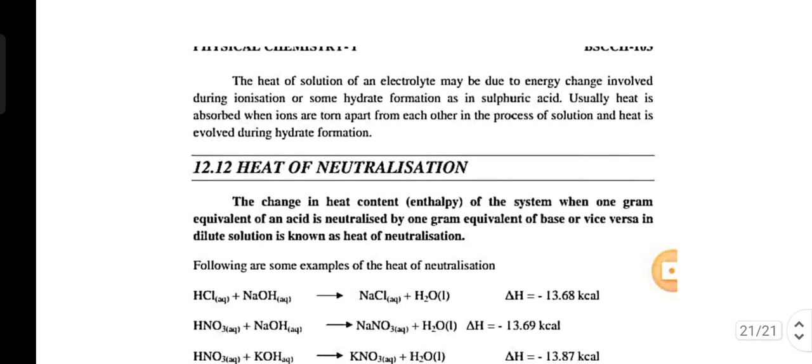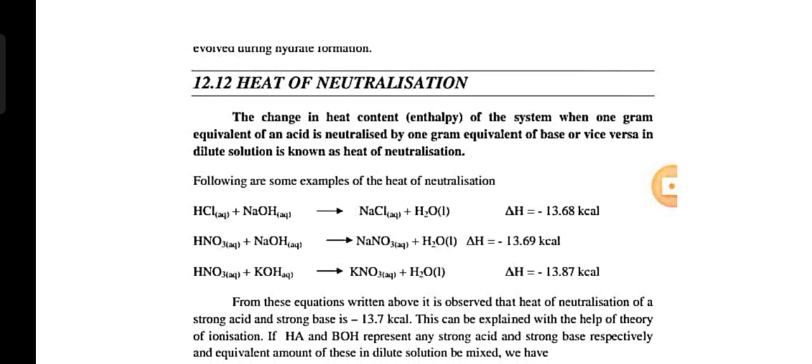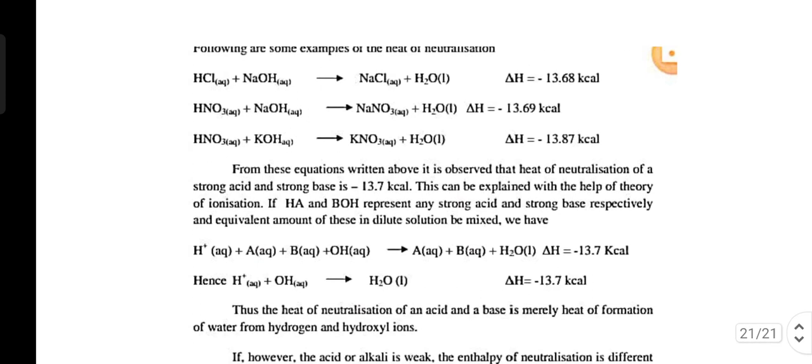Heat of neutralization. The change in heat content of a system when 1 gram equivalent of an acid is neutralized by 1 gram equivalent of a base, or vice versa, in a dilute solution is known as heat of neutralization. Following are some examples of heat of neutralization. For the equation written above, it is observed that the heat of neutralization of a strong acid and a strong base is minus 13.7 kilocalorie. This can be explained with the help of the theory of ionization. If HA and BOH represent any strong acid and strong base, and equivalent amounts of these in dilute solution are mixed,